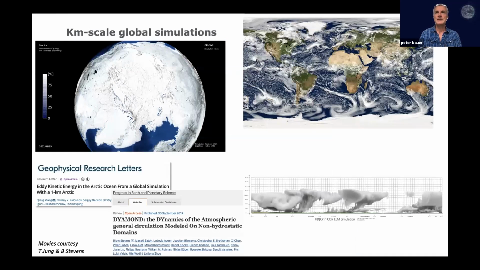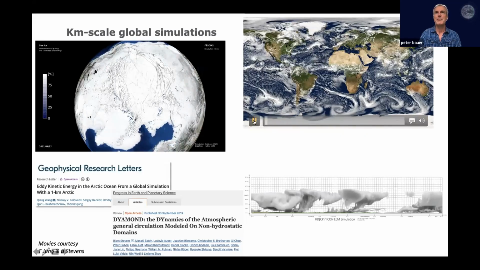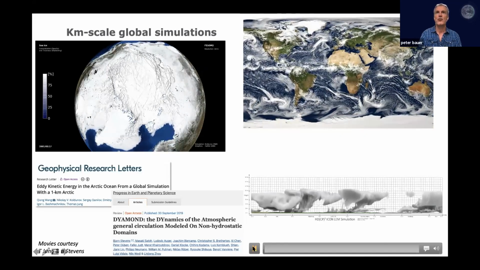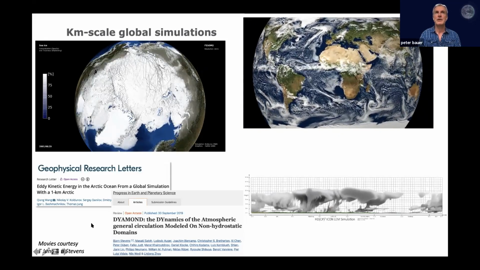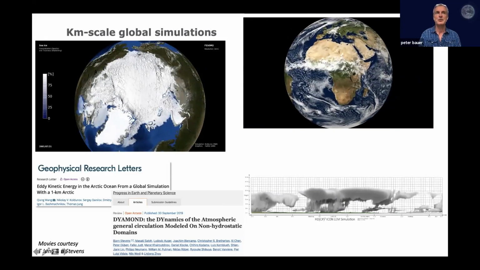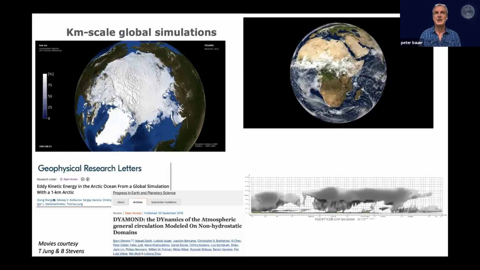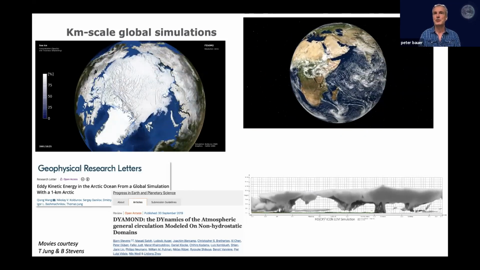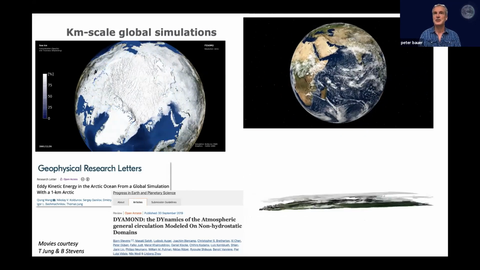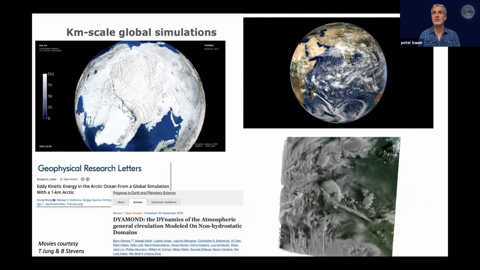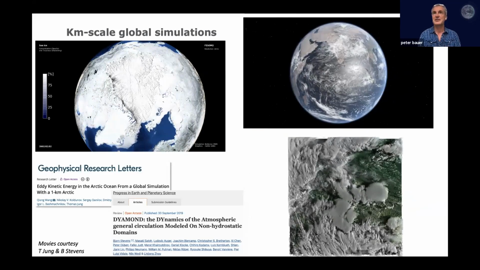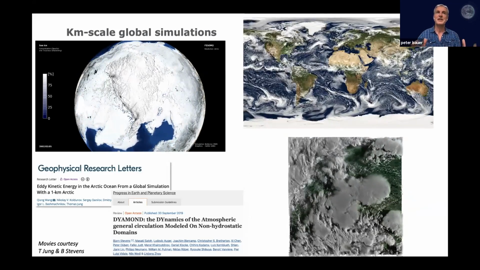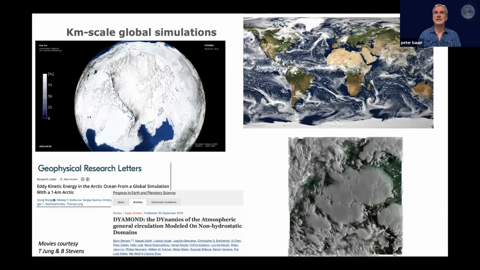That slide shows a couple of movies, and they all relate to simulation capabilities that we have right now already across scales. On the top left, you see a very high resolution simulation of the Arctic Ocean, including sea ice, ocean and atmosphere interactions. Bottom right, deep convection. So these are storms. Obviously, they interact with the land surface, and how that scales up to the globe. So we need to represent, as I showed before, all of this